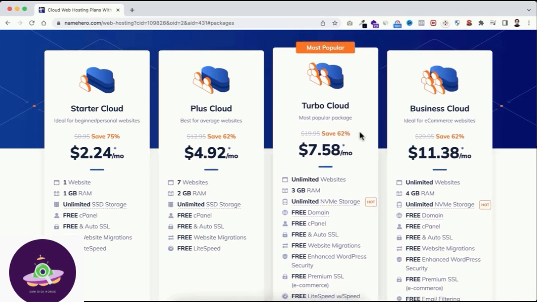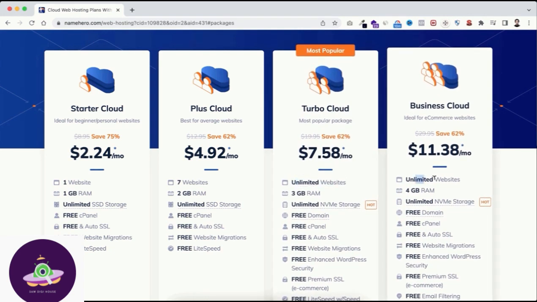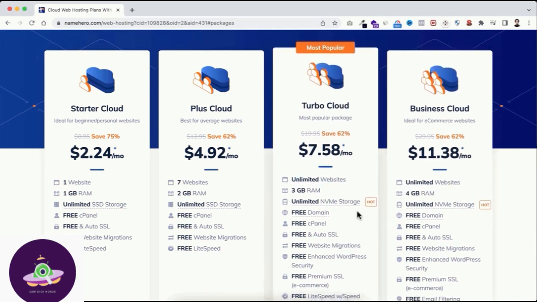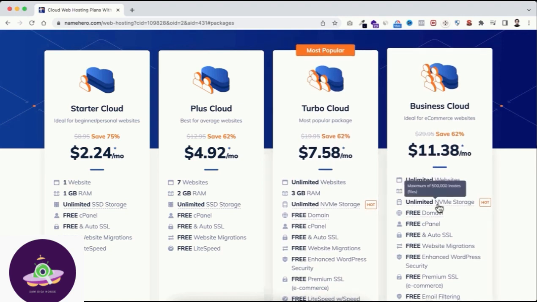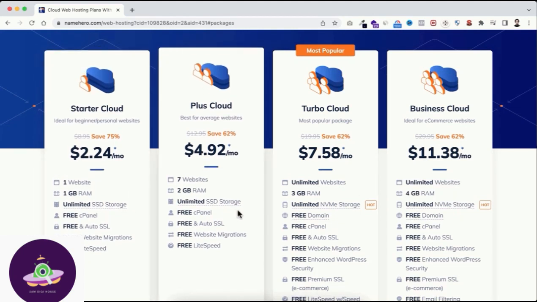If you're an agency, I highly recommend you to take any of these packages in between this turbo cloud and business cloud, because here you can host unlimited websites. Also, you will get NVMe storage that will make your websites lightning fast. With the first 2 packages, you are getting unlimited SSD storage, which